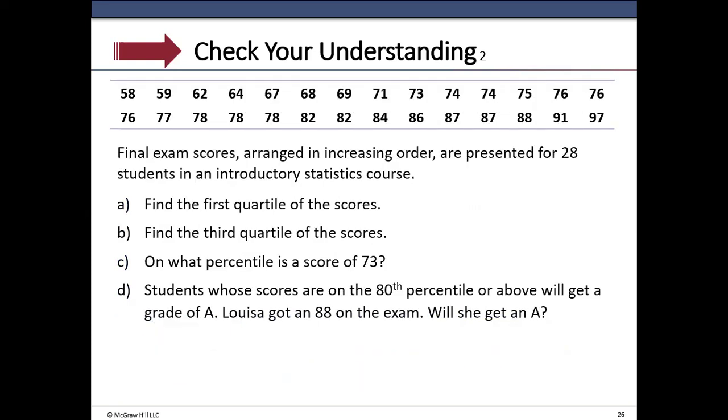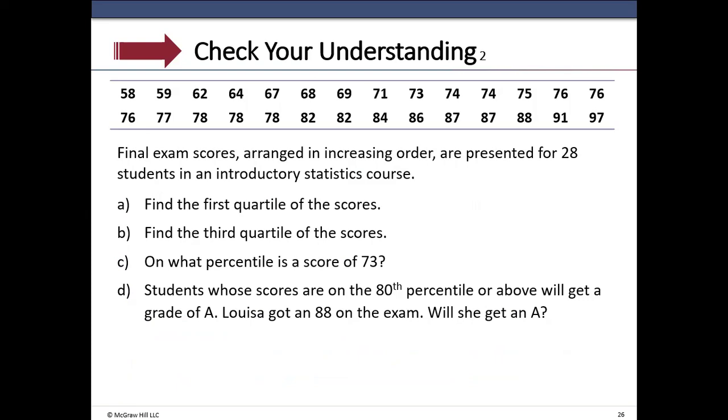Okay, let's enter this data in L1 and calculate the first quartile. So second button plus and then 4. Clear all lists, done. Let's enter these values in the data set. So stat, 1. In L1, I'm going to enter this data set: 58, then 59, then 62, then 64, then